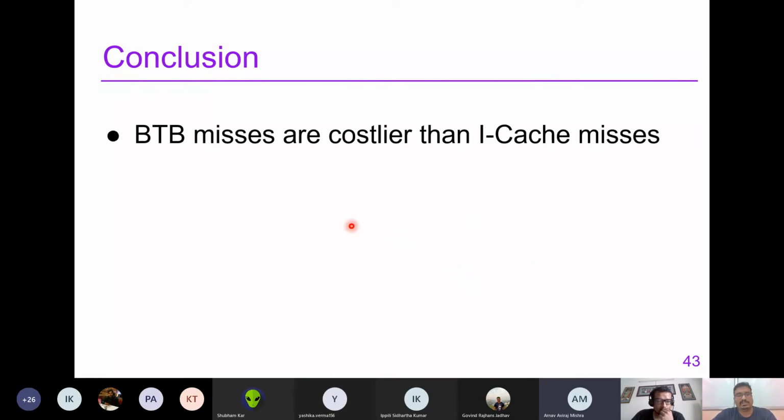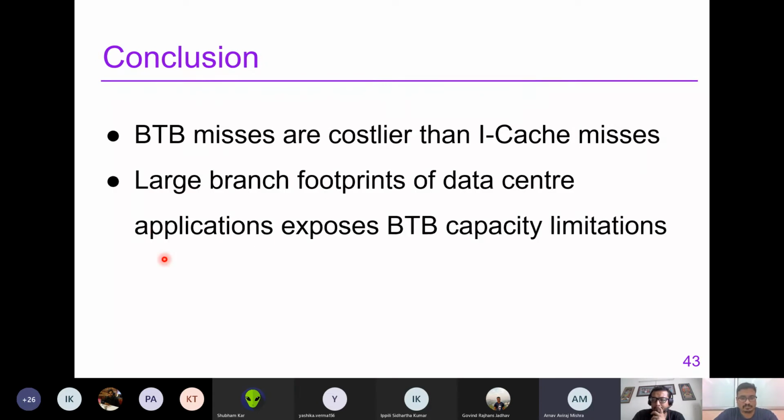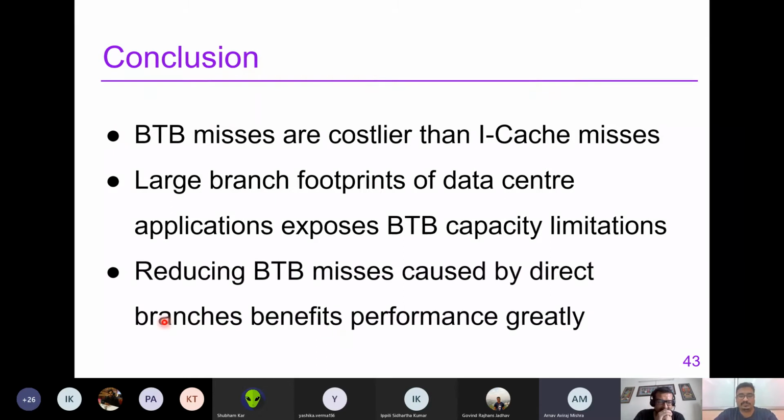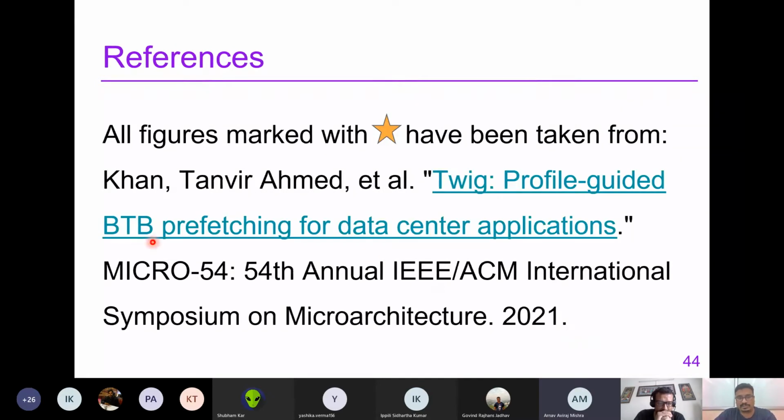In conclusion, we saw that BTB misses are costlier. We saw that using the ideal BTB and ideal iCache comparisons, and larger branch footprints in data center applications are exposing the BTB capacity limitations. And reducing BTB misses for direct branches also benefits performance greatly. This is the reference, and